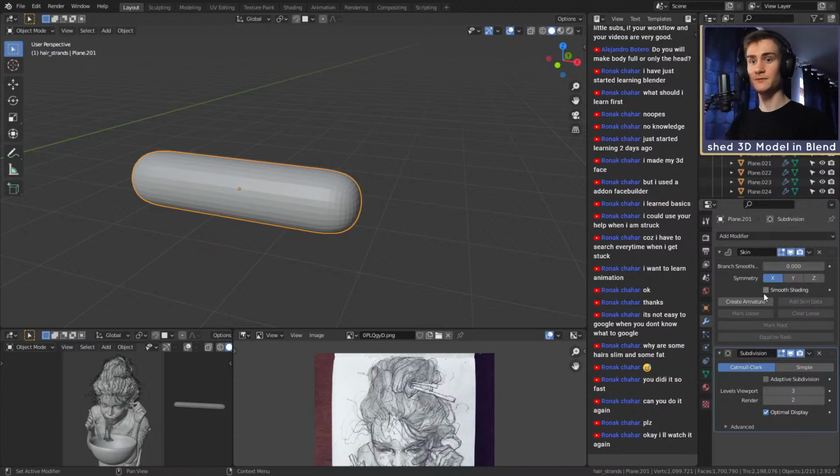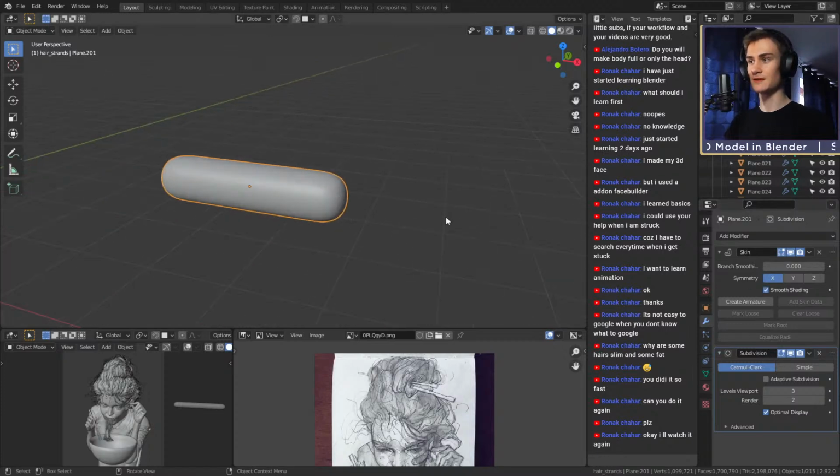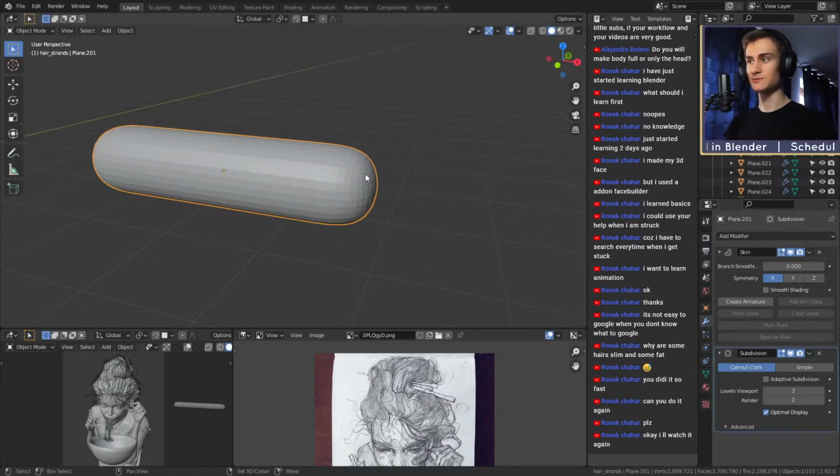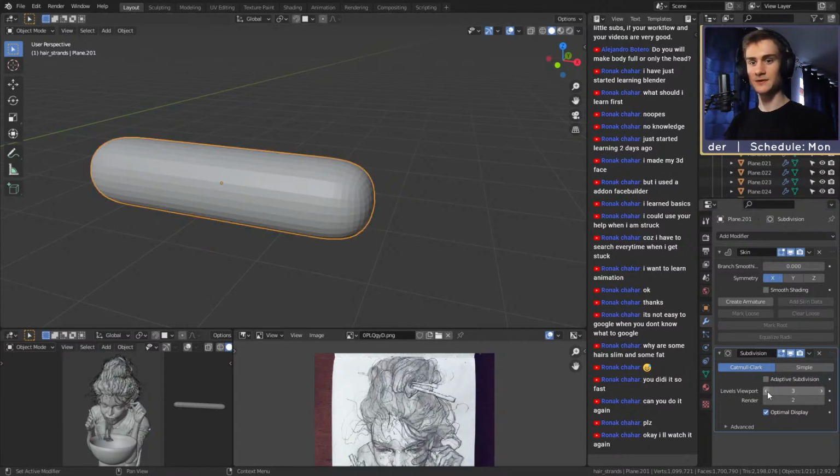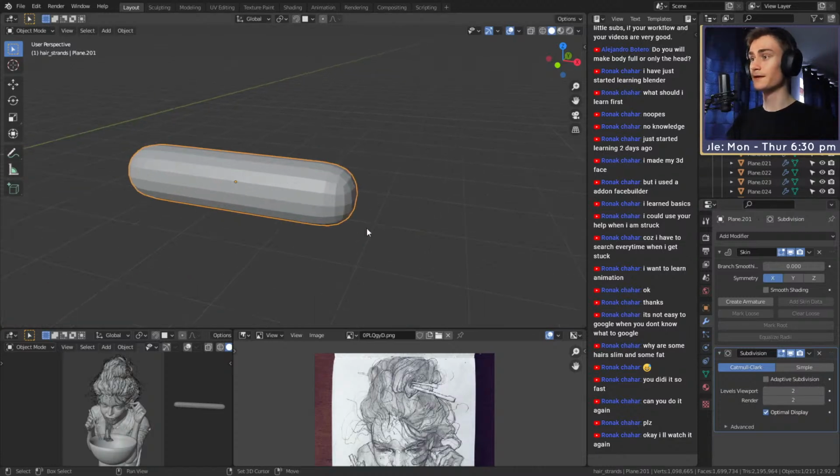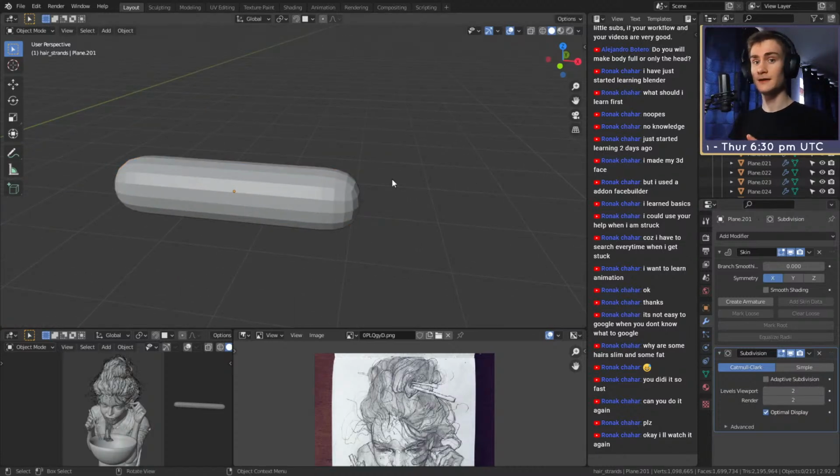In the skin modifier, we can set it to smooth shading, and now it's smooth. I'm going to deactivate it just so we can see the geometry. We're going to set it back to subdivision level 1 or 2. Let's use 2. So now that we have a volume, we not only have volume, but